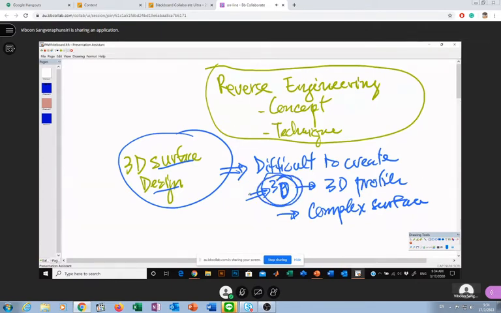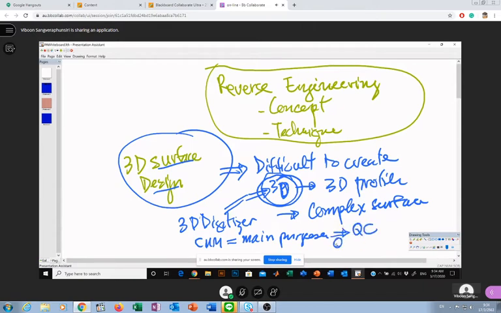It means that in this case, as I mentioned previously, we have a 3D digitizer. So a 3D digitizer is a device, a machine, for example CMM. CMM, as I mentioned previously, is a coordinate measuring machine. The main purpose of this machine is for QC, quality control. They build the machine to do quality control. Let's say if you machine a part like this one,